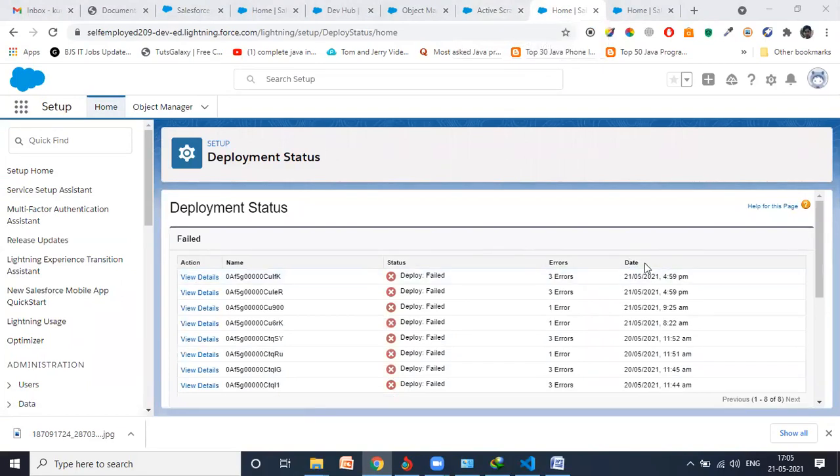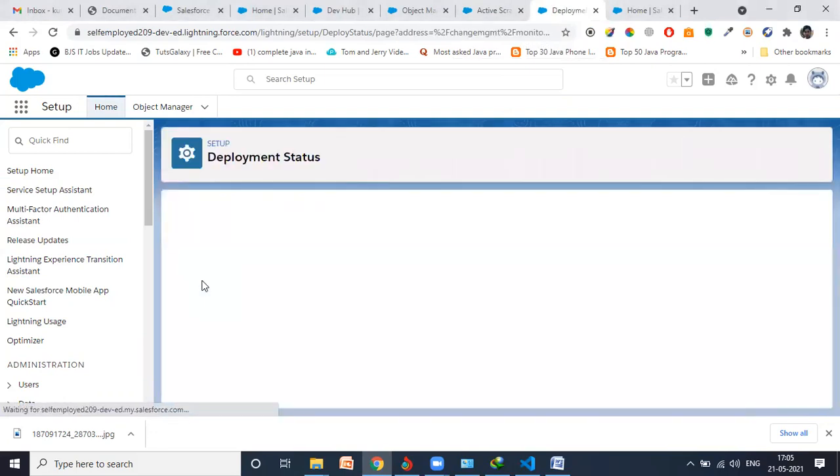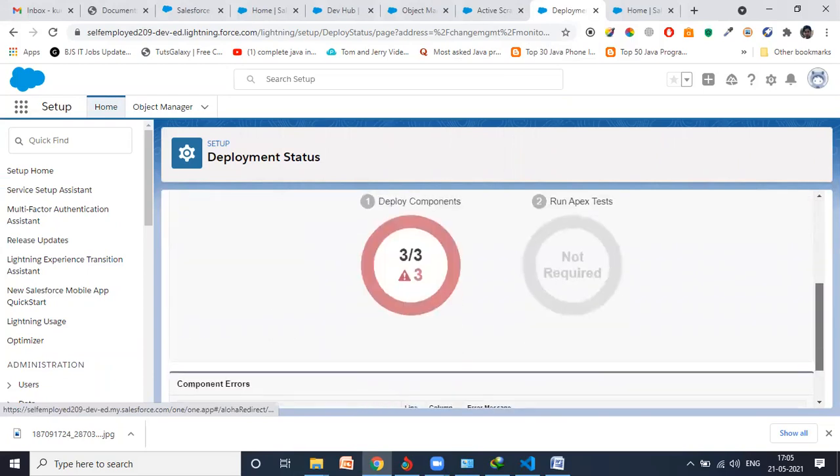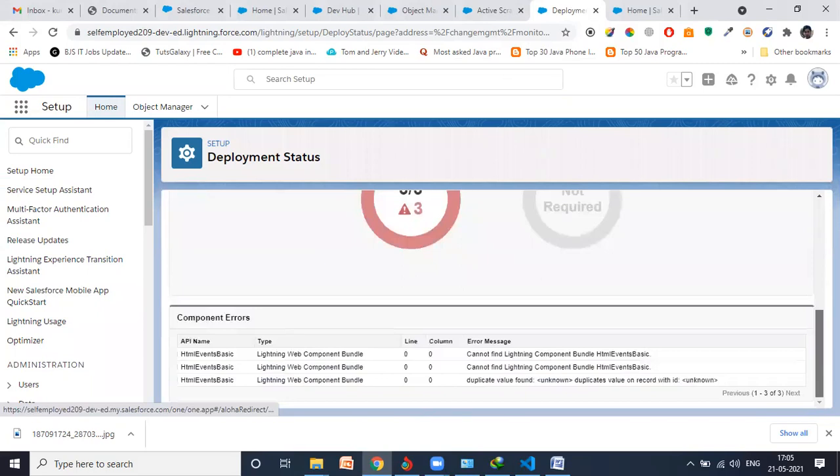One failed one is showing error. The same error is showing.